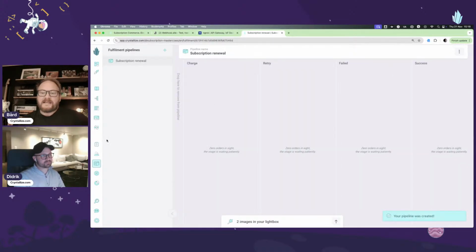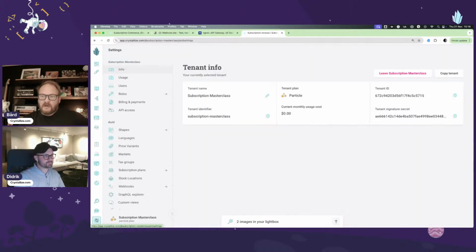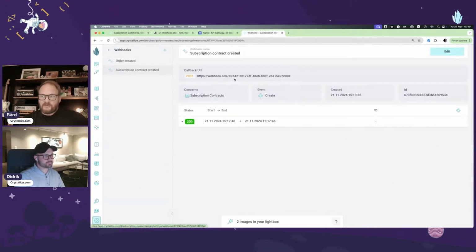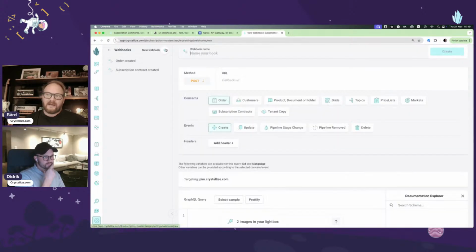And essentially, you have the same here. So we have the possibility of going into our webhooks and taking a look at, okay, the subscription contract created fires off a webhook. Order created fires off a webhook. Typically you want to fire it to a different endpoint, right? In this case, we're just doing the same because why not? So I'll just copy this endpoint and create another